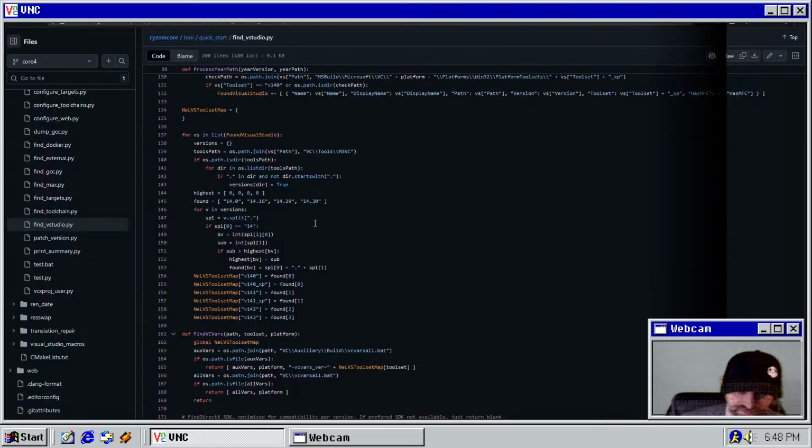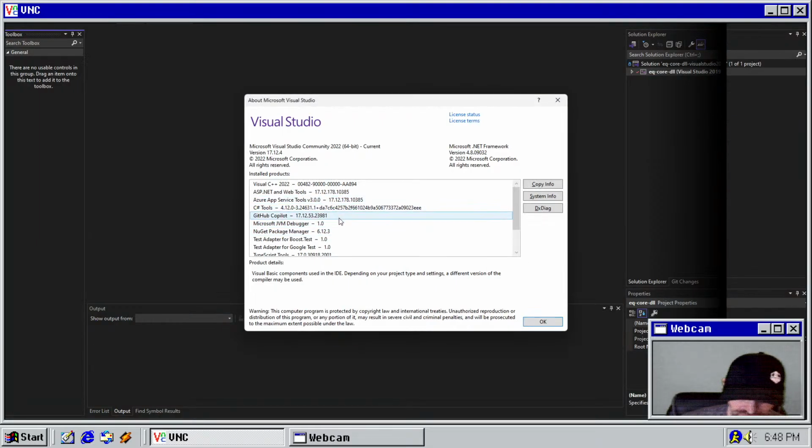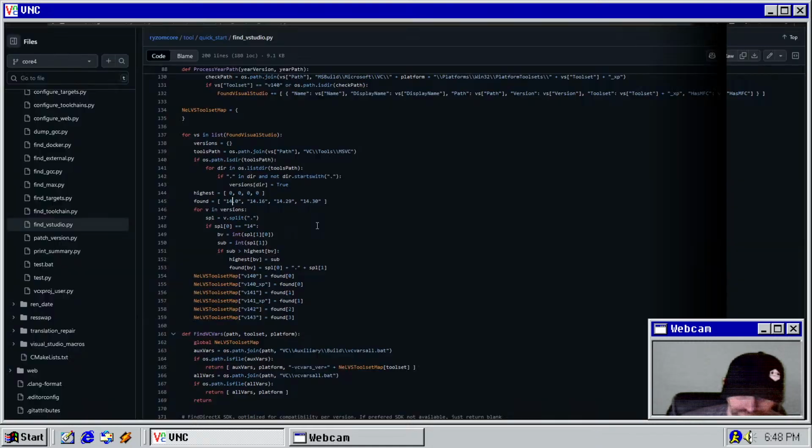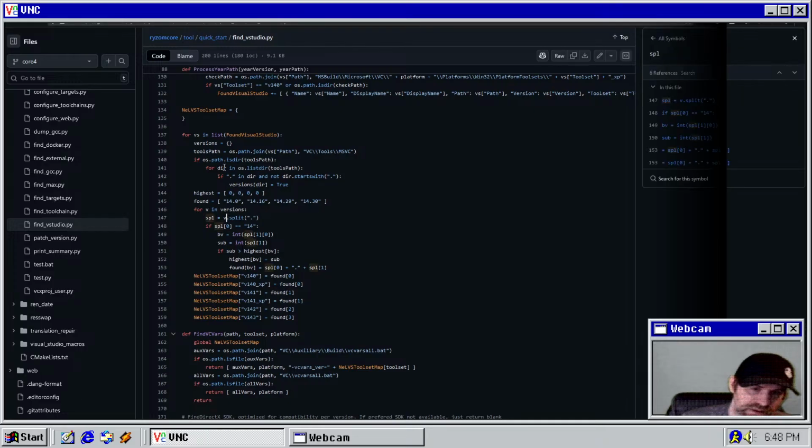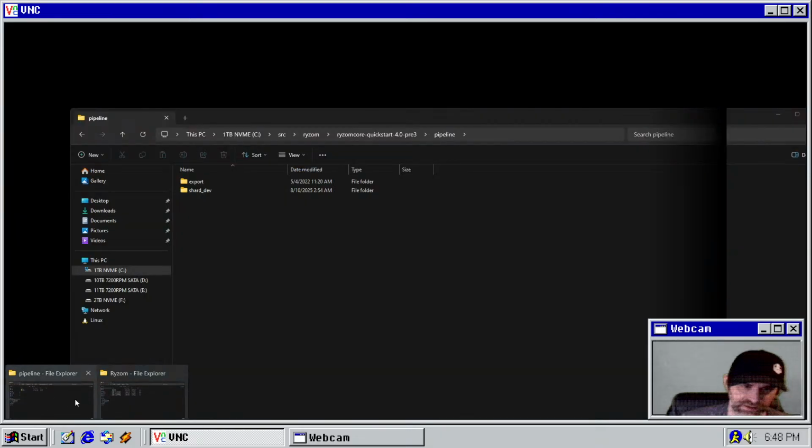How do we even find this version number? Because it's trying to find 14. But that doesn't even match. Unless it's like a minor version. No, because the V goes for the tools. Lists the path. I think it's like looking for the actual